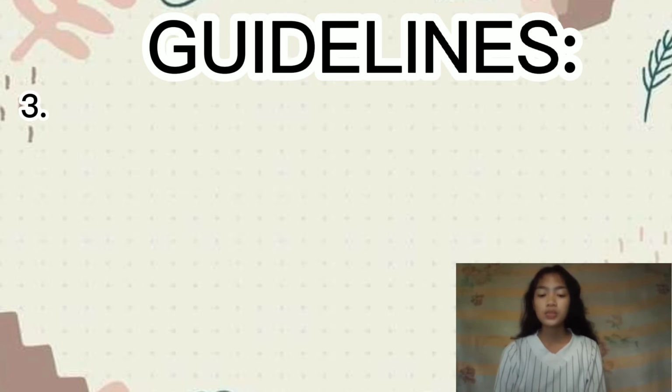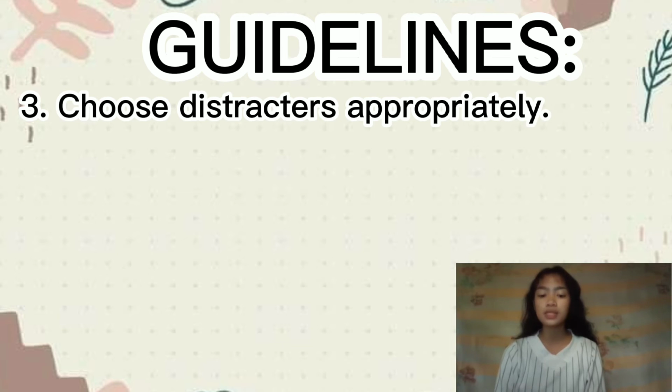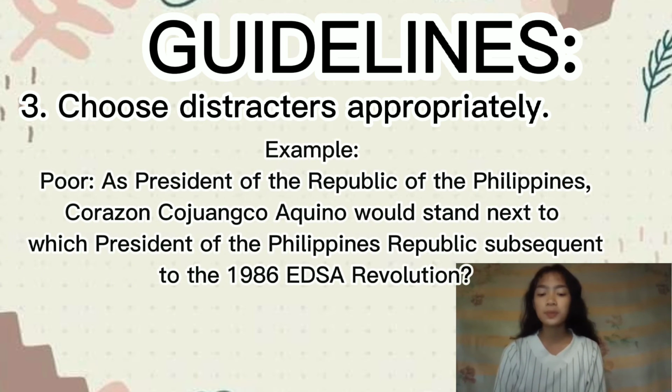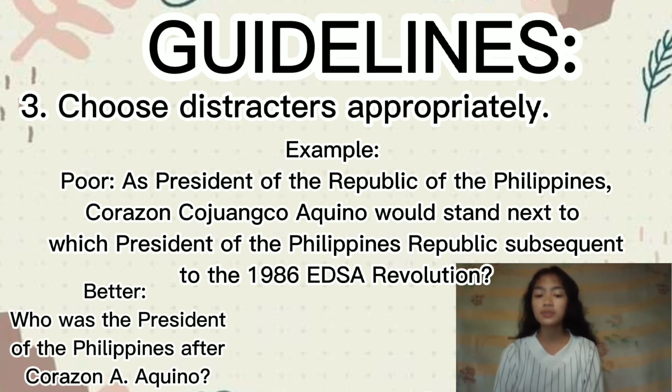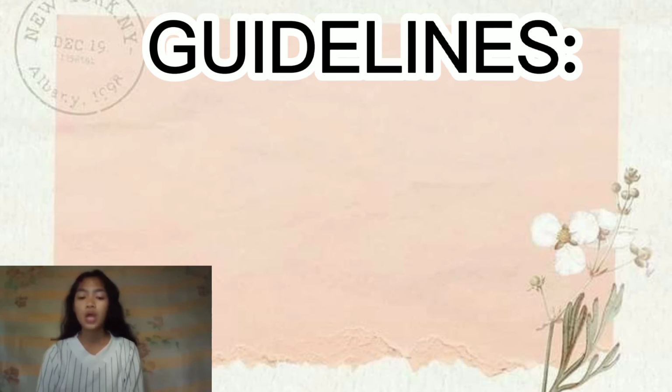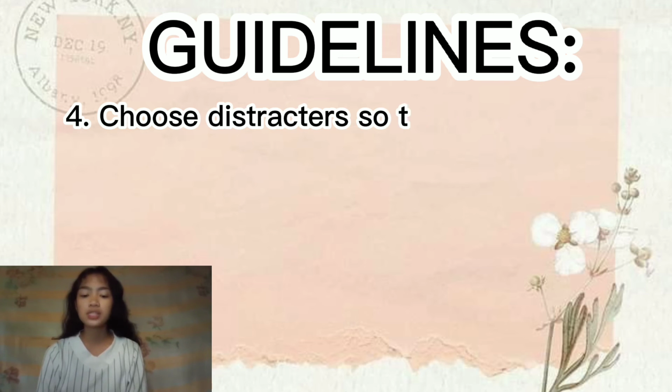Rule number 3. Choose distractors properly. Avoid complex or awkward word arrangement. Also avoid using a negative in stems as it may add unnecessary comprehension difficulties. Example, poor: as a president of the Republic of the Philippines, Corazon Aquino would stand next to which president of the Philippines Republic subsequent to the 1986 EDSA revolution? Better: who was the president of the Philippines after Corazon C. Aquino? Rule number 4. Choose distractors so they are all equally